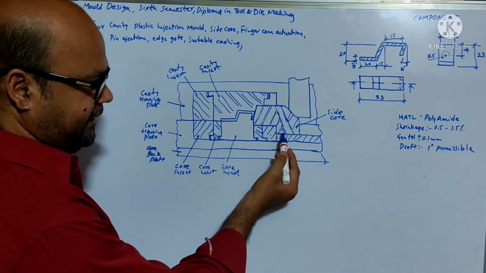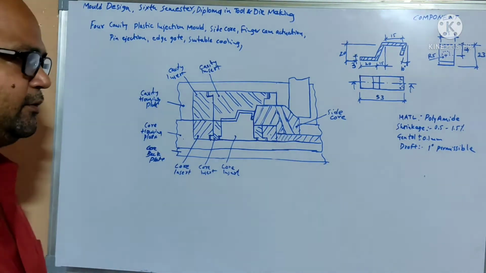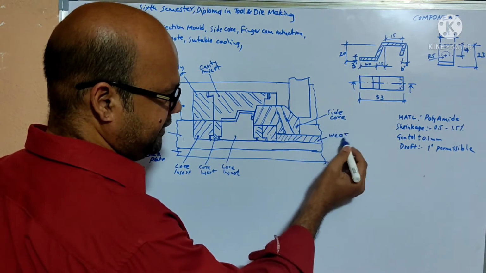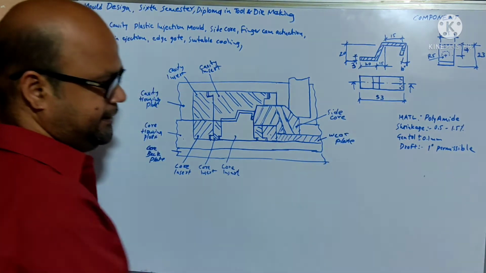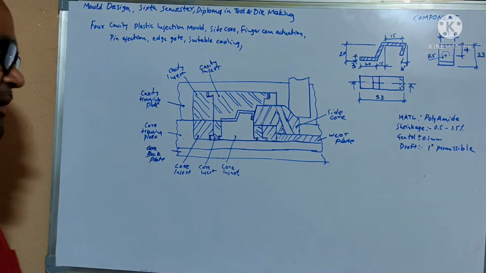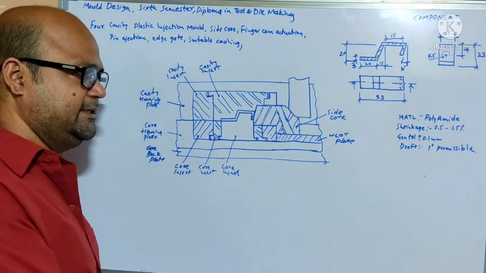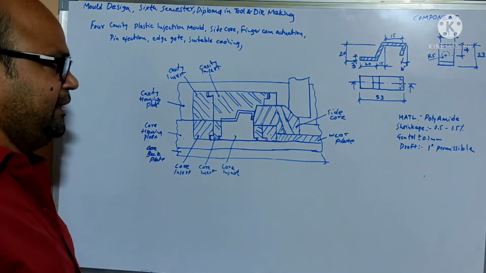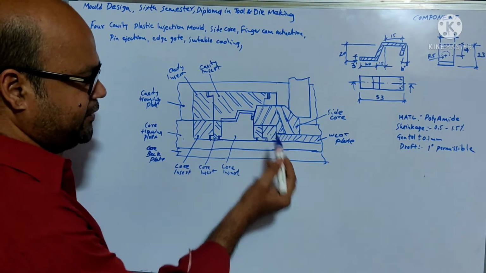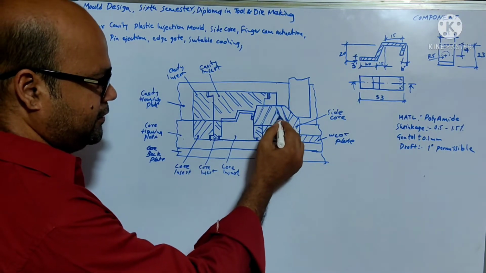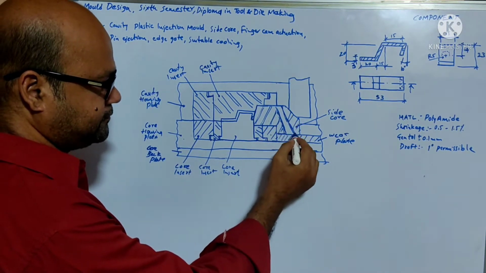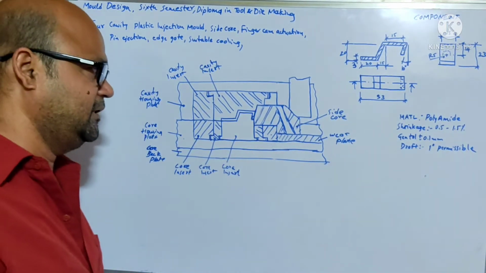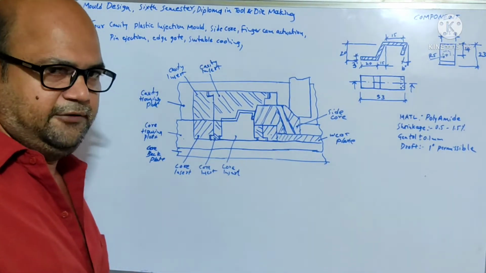In the bottom of the side core, you are observing the wear plate. Wear plate is of thickness 5 mm to 10 mm. In this side core, angle drilling is done for the actuation of the finger cam,